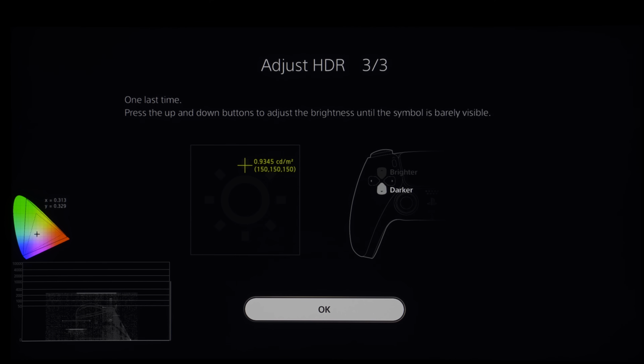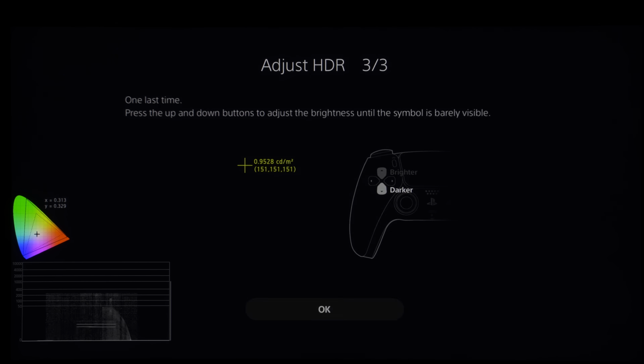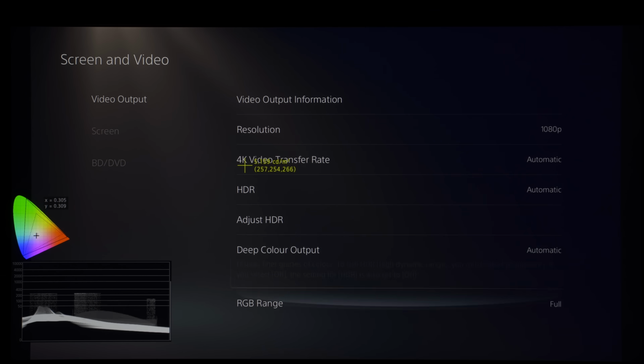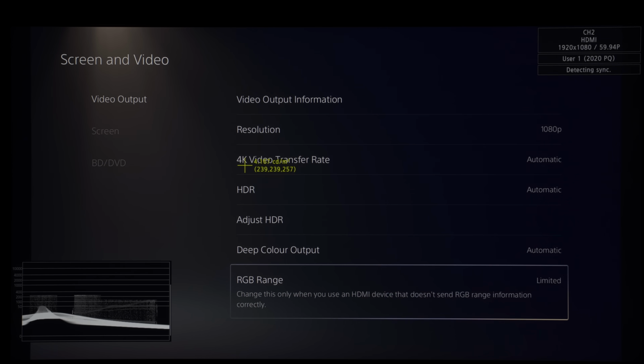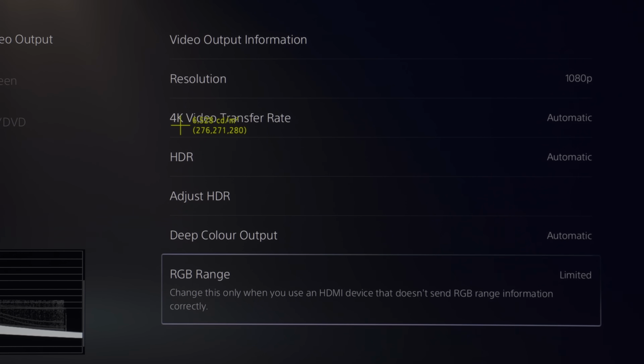And some of you have been asking me why I keep recommending RGB range auto. It is because I wanted to preserve RGB range full for games and then keep YCbCr for movies. And if I actually go out here and go to the RGB range and change it to RGB range limited, right? So there's a flickering and then the HDMI handshake, and then we'll go into the adjust HDR screen again,